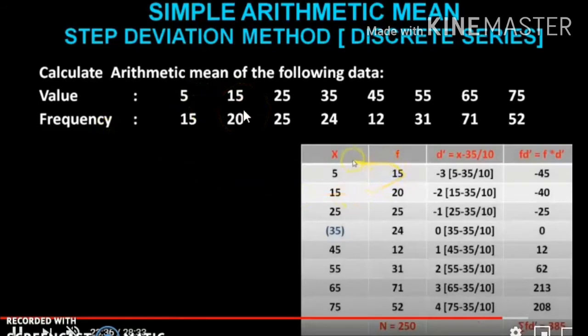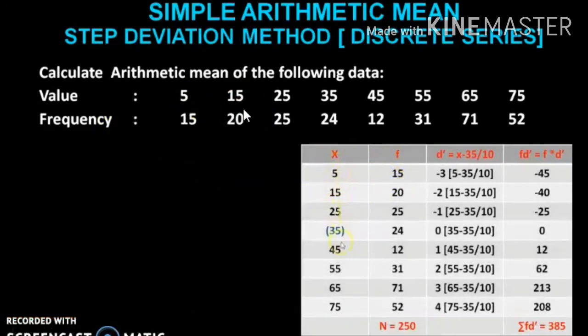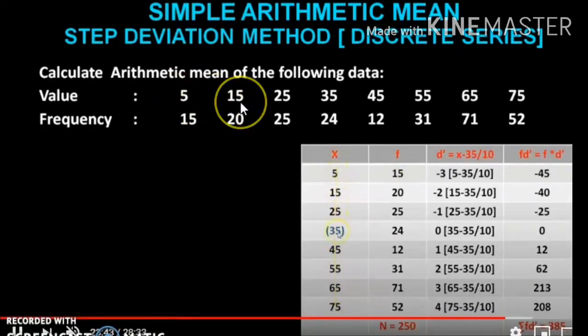So that is the common difference. So that is the c. That is c you will be marking, or you can just separate the first or second value and see the common difference. You can see here also 15 minus 25, it's 10. Here also 35 minus 45, it's 10. So that is the common difference.